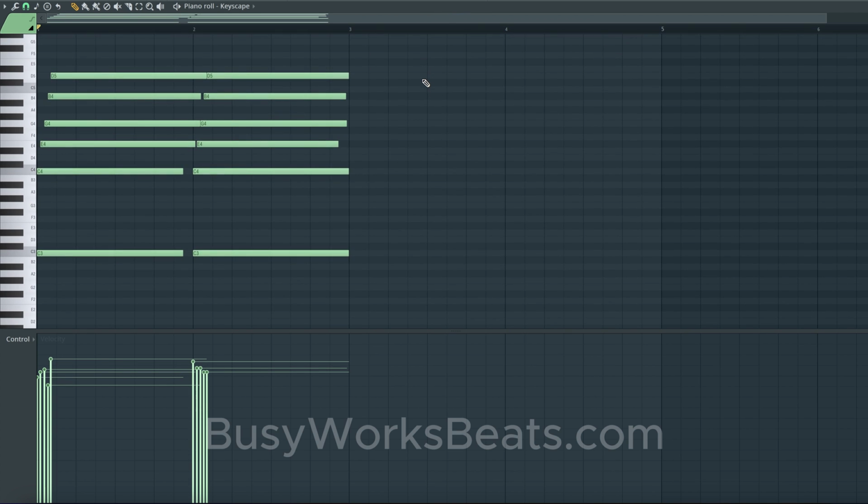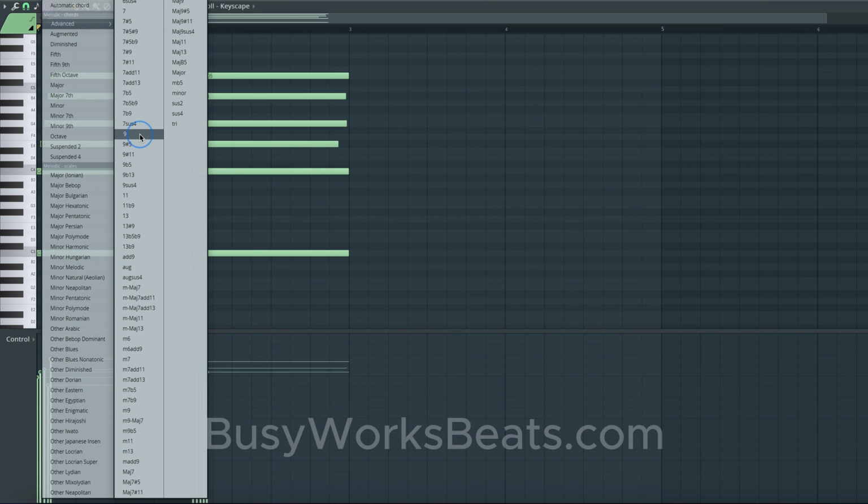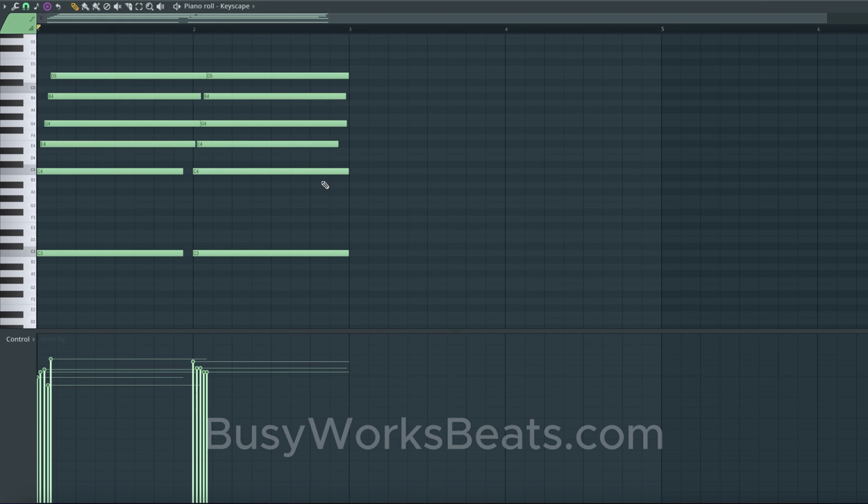So let's go back to pattern 2 here. And we're going to use what are called chord stamps. So this is a great way to experiment here. In the top left, you have a stamp tool. We're going to click on the stamp. It gives you the run-of-the-mill chords, the minor ninth, the minor seventh, major seventh. We're going to go to the advanced tab and click on something like a dominant ninth chord, for example, and